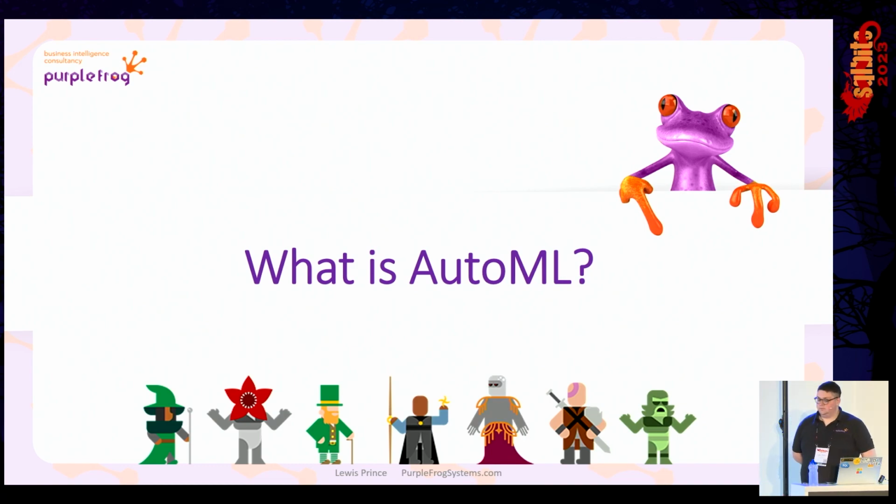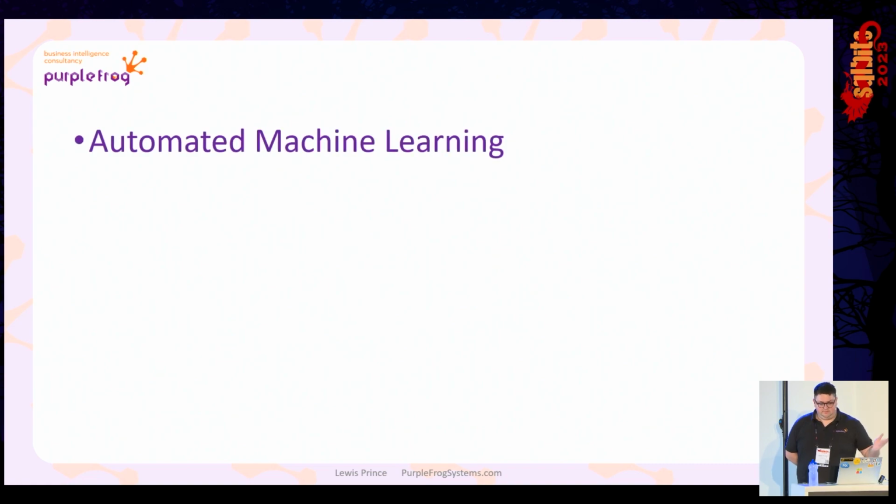So then what is AutoML? It is what it says on the tin. It's automated machine learning. But what does that mean? It's automated machine learning in a small section. In particular, it's a section where